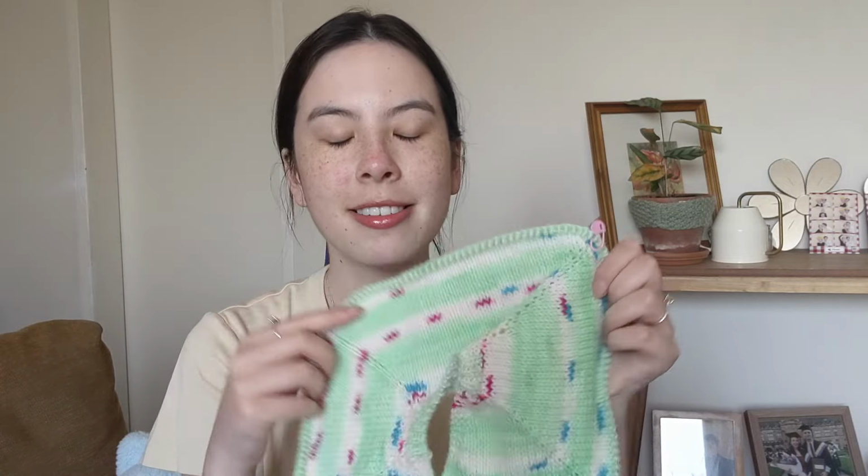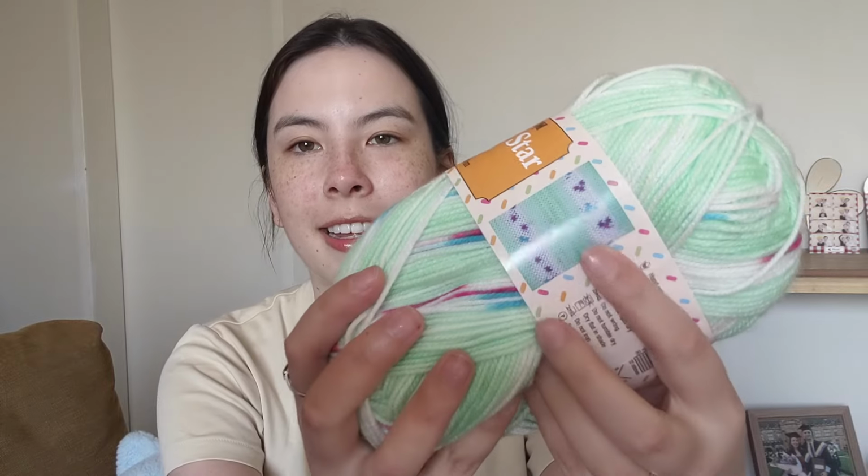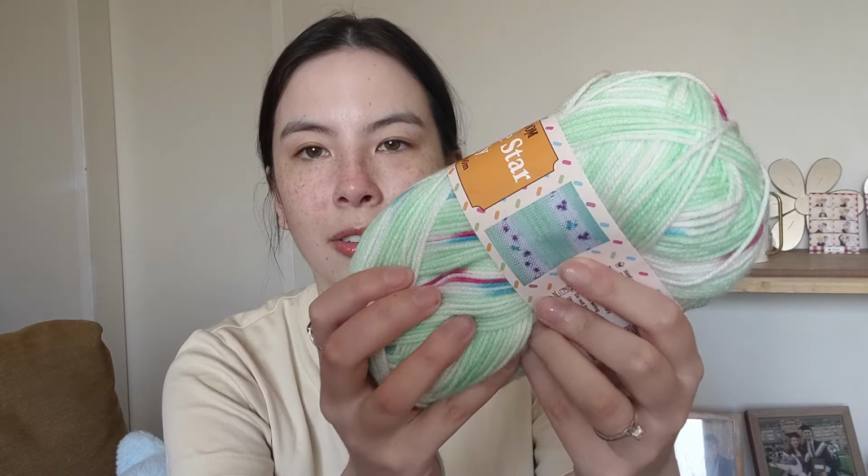And I love yarn like this. I always see it where it's pre-patterned, so that when you're knitting it, it just naturally stripes and makes different patterns. And I was like, this is a good opportunity to experiment and try this yarn. It's quite funny, you'll see on the label it shows love hearts and clovers or something, and mine is not looking like that. But to be fair, I should have watched a video on how to knit with these kinds of yarns, because I've never knit with